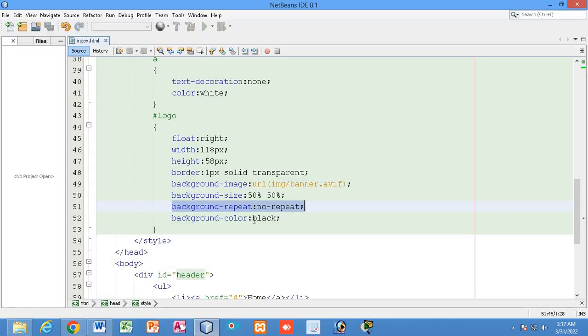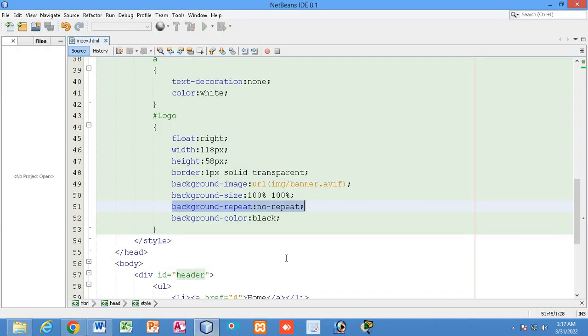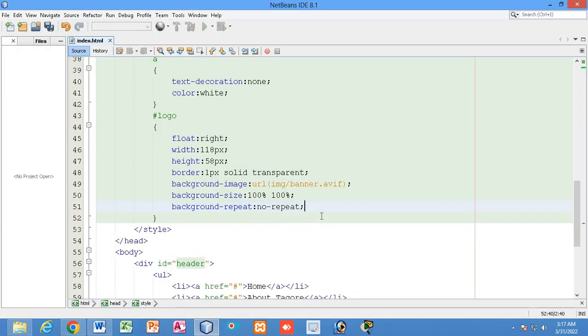So in total there would have been 4 images. So I have stopped the repetition. If I write here 100% and also no repeat, that means no repetition and 100% height and width. You can see simply the picture will be staged and it will take full size, that is 100% width and 100% height, right? So I need not require this black background because I have hidden the logo div by the picture. So I did not require to add now those black color background. Fine.